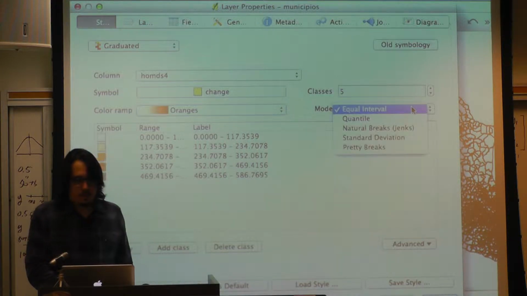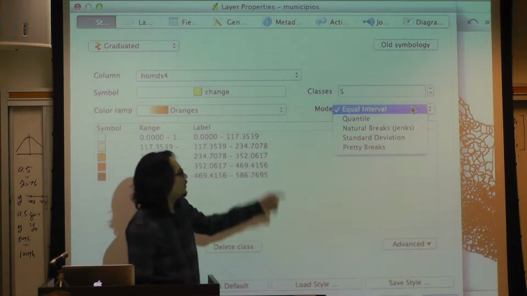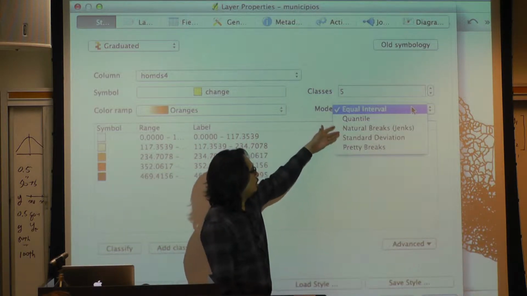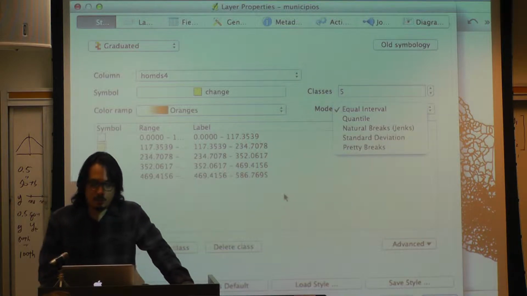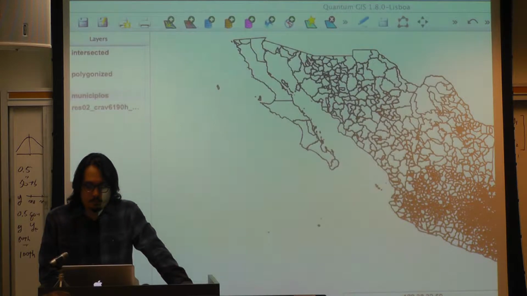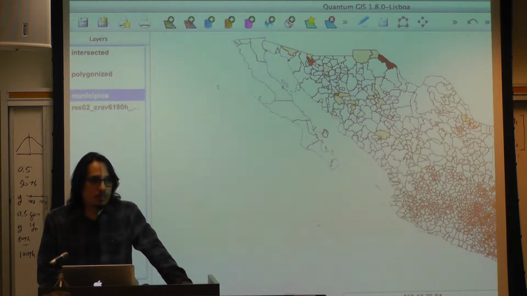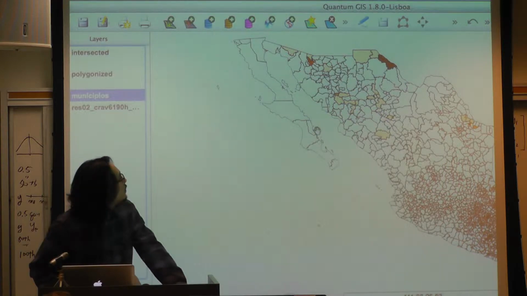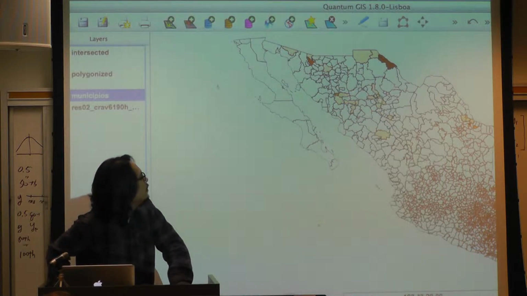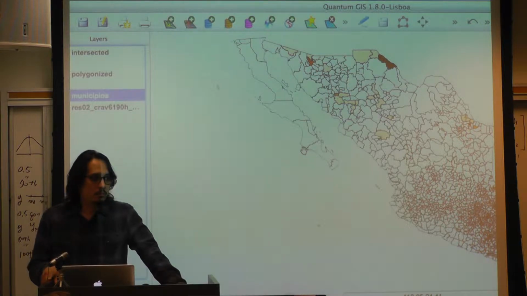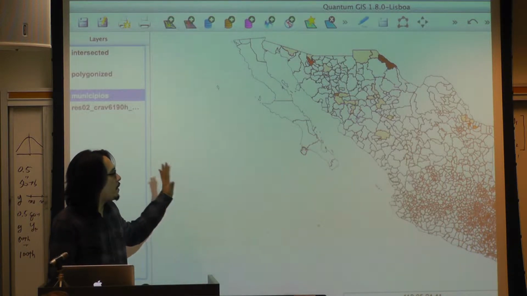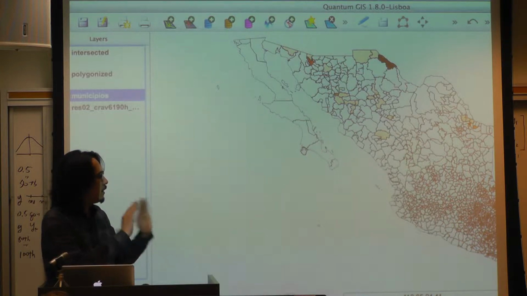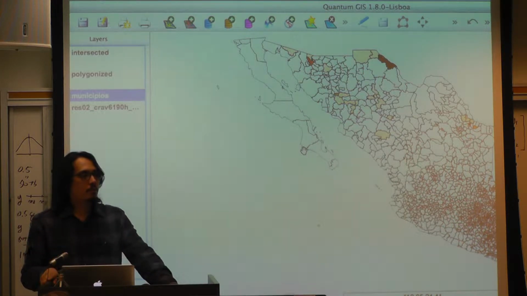You can choose here basically all the options that you have in R, right? Like the quantile and the standard deviation, or specify your own breaks, etc. And then you have a map. In this case, the breaks are not pretty, but again, you can do the same thing with this software. For many things, this is just the same as ArcGIS, but